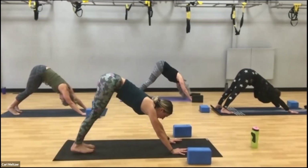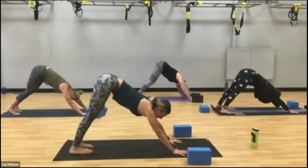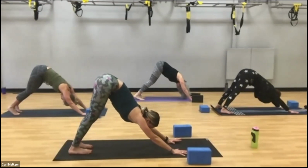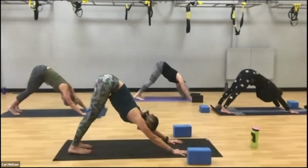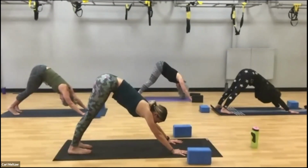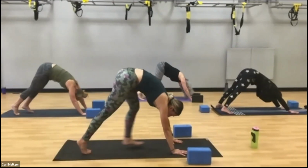We're going to take 3 rounds of deep cleansing breath together. So you'll take a really deep inhale in. On your exhale, let it out the mouth. 2 more times like that, deep inhale in. Exhale it out. 1 more time, deep inhale in. Exhale, release it out. On your next inhale, walking your feet back up towards your hands, coming back into your